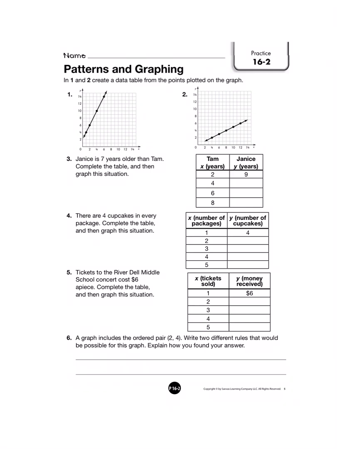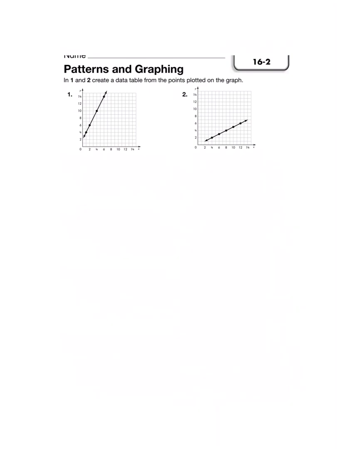Everybody, let's talk about practice sheet 16.2, patterns and graphing. For items 1 and 2, you're asked to create your own data table from the points plotted on the graph. If you're doing this work in Kami, I definitely suggest handwriting these tables and then uploading a photo. I think that might be easier than trying to insert text boxes, but it's really up to you. In order to make a data table,